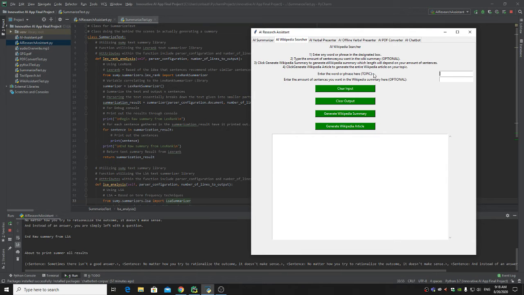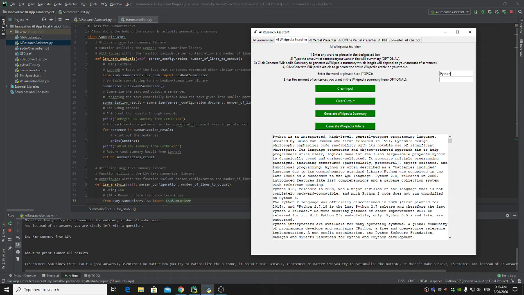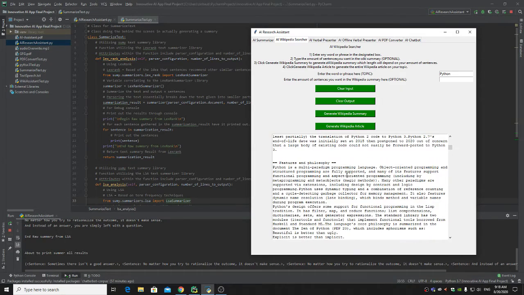And then we have the AI Wikipedia searcher. Over here, they could search a topic they would like to search. So for example, if they want to do something on Python, here we can test out the clear input button. So I'm just going to put Python again. Press the Wikipedia summary, or not summary, the article, and it will generate the entire article, the entire Wikipedia article